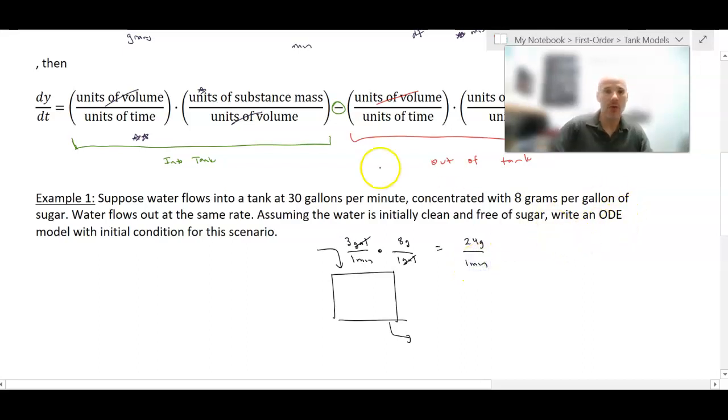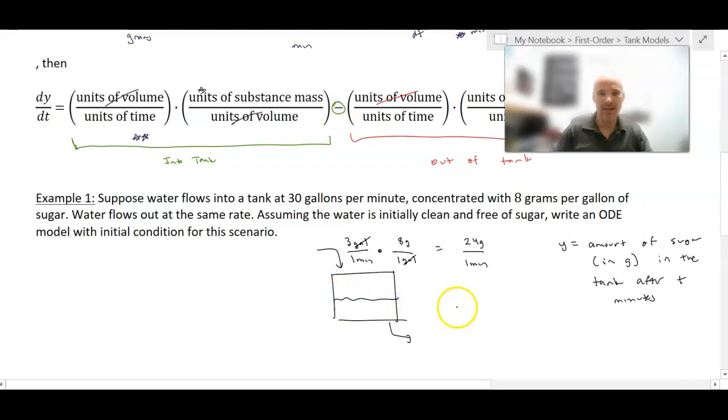Now the reason is because, remember, Y is going to be defined as the amount of the substance, which is sugar, measured in grams in the tank after, well, our unit of time seems to be in minutes here because that's how it's mentioned. We could always convert to hours if we wanted to, but why would we go through that? And now, so what's coming in here, right? This is coming in here. It's filling up. There's water in here,